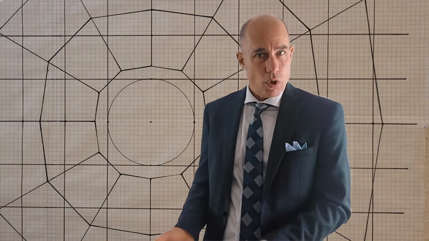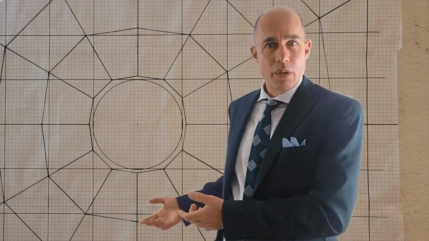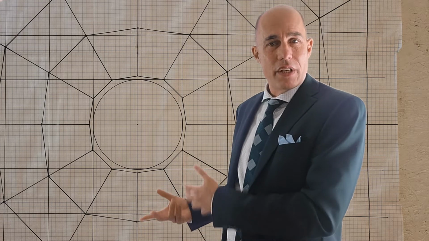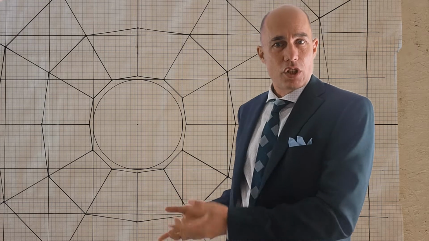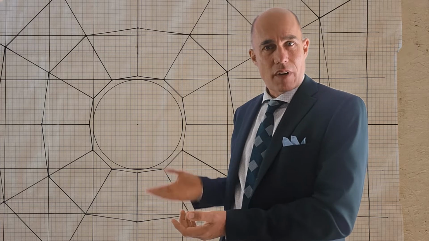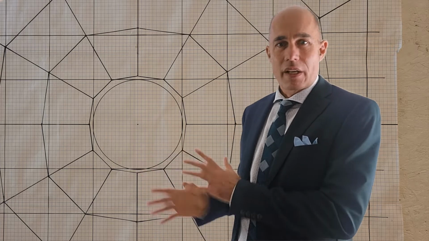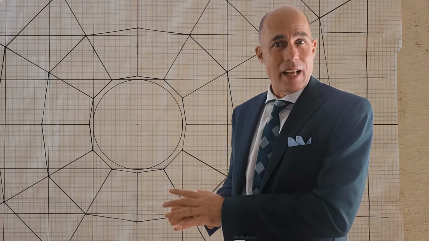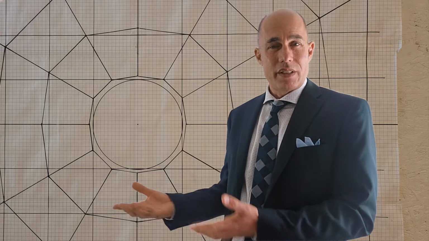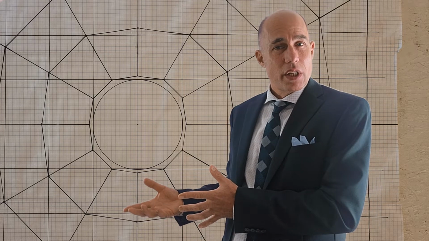Okay, now we're going to switch over to the base 12 grid. And you can see right away that this looks different. Things line up differently. The relationship between the points that define the dodecagon and the points that define the 1, the 2, the 3 line up differently. All those points are landing on those lines. You can see that the circle with the radius 1 has a different relationship to the dodecagon,